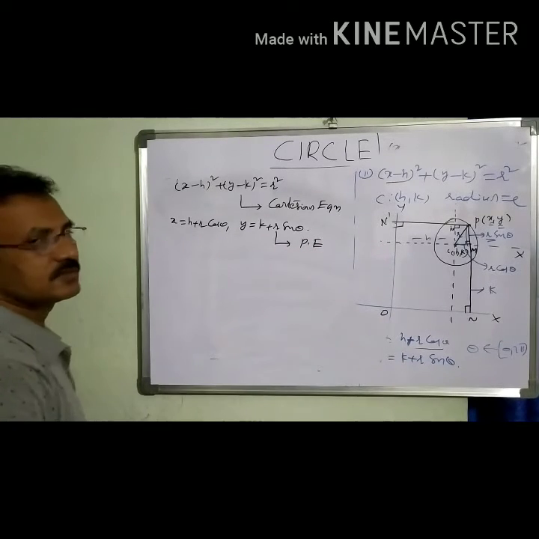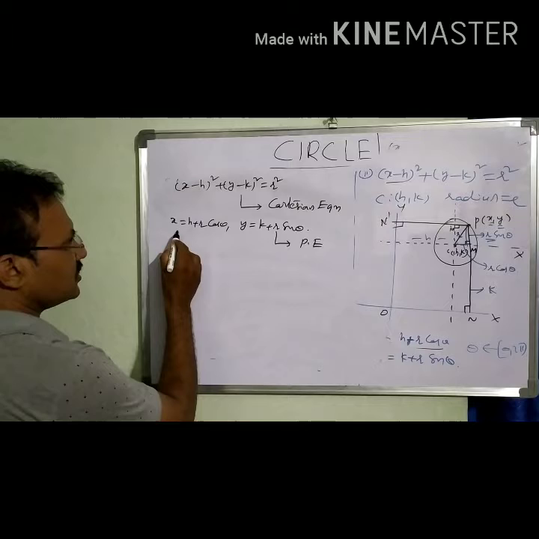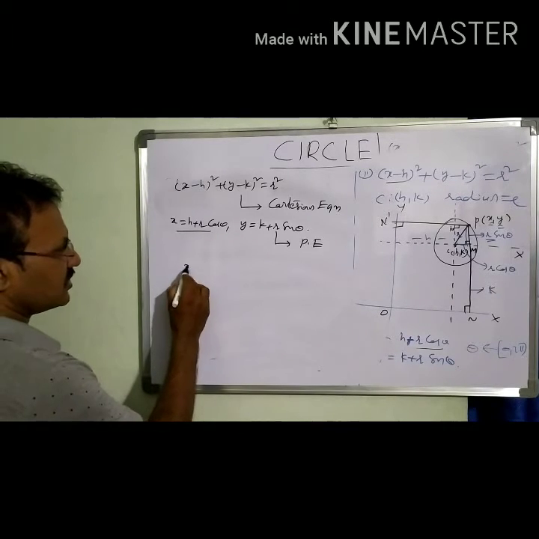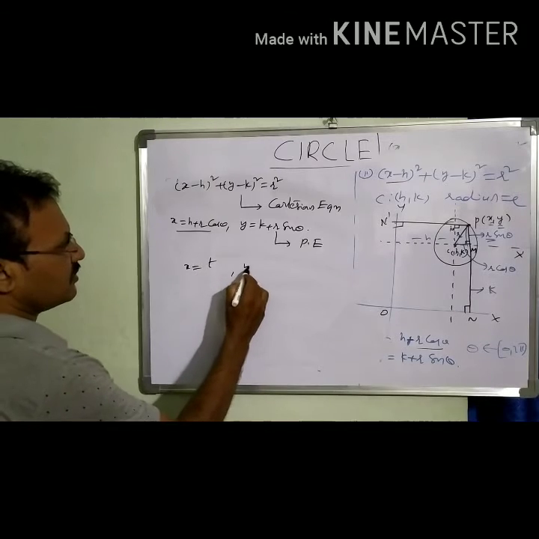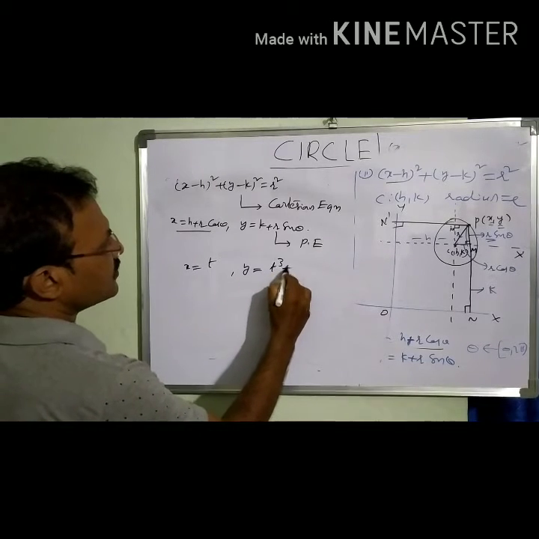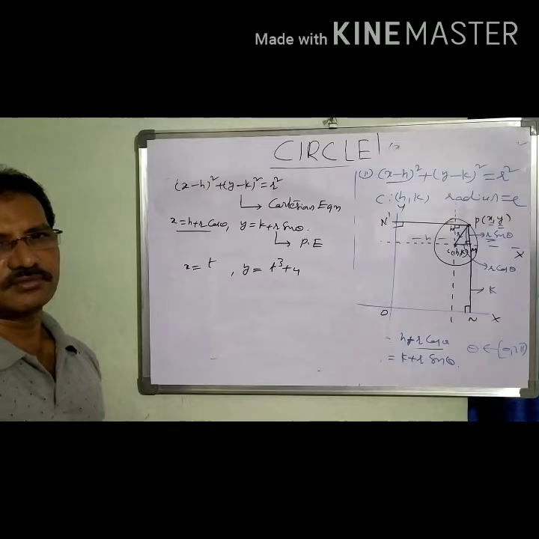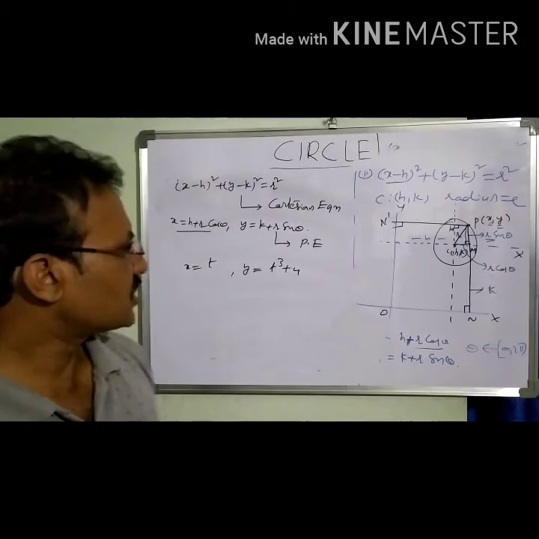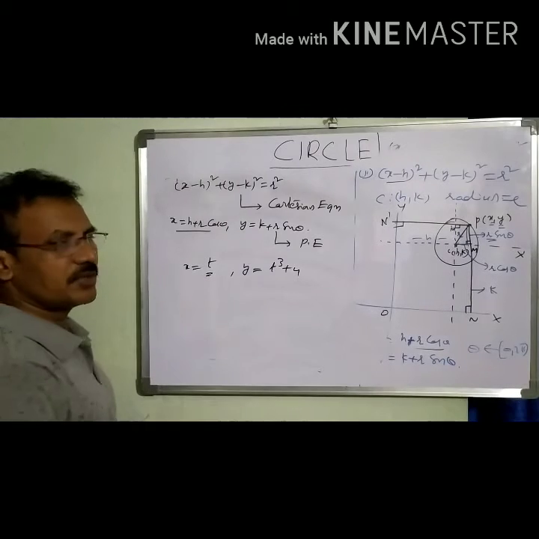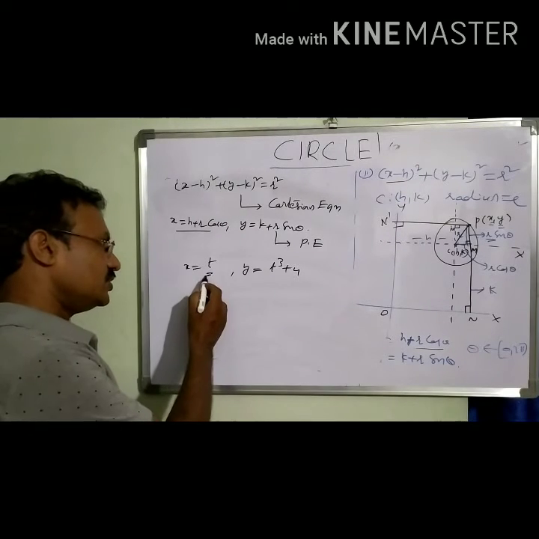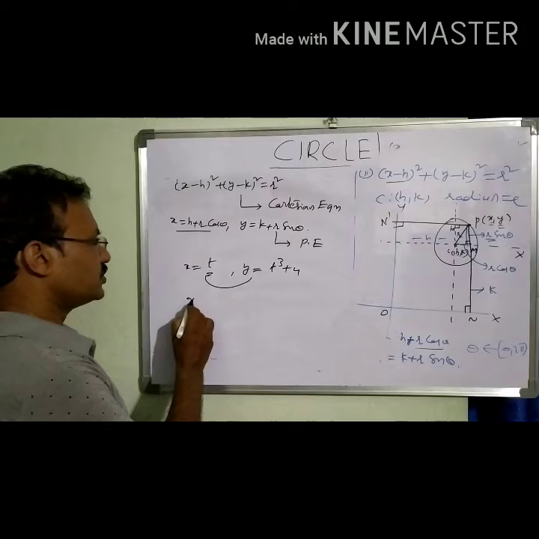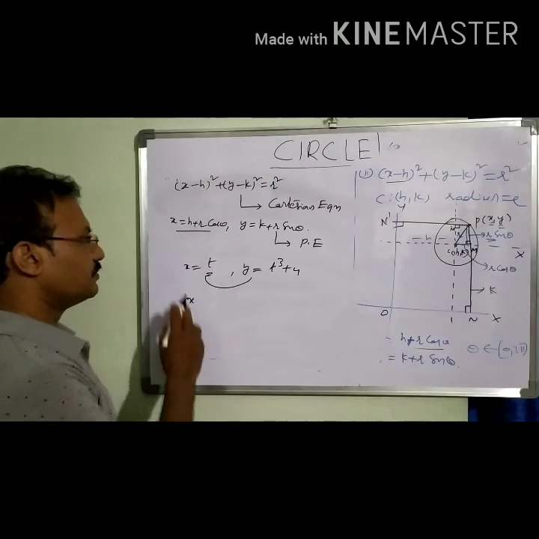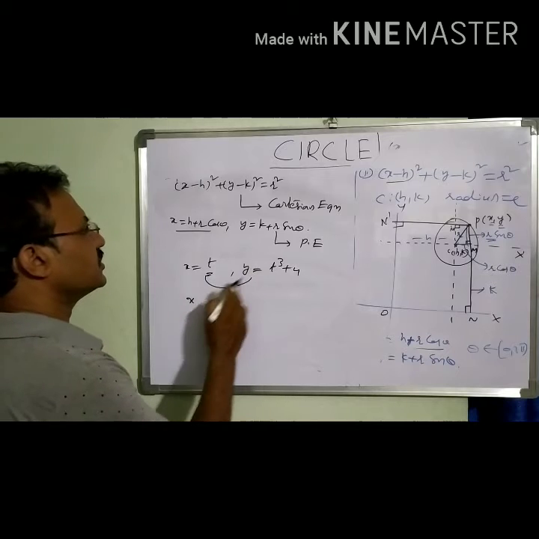What is the difference? In this equation, a parameter is there. Suppose you observe x is equal to t and y is equal to t cube plus 4. This is a curve, it may be any curve, but this curve is given in a parametric form. This parametric form can be changed into an analytical equation, that means a Cartesian equation, by substituting the t value in the equation.